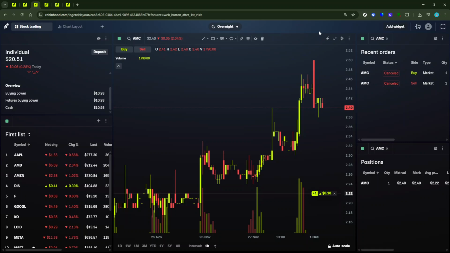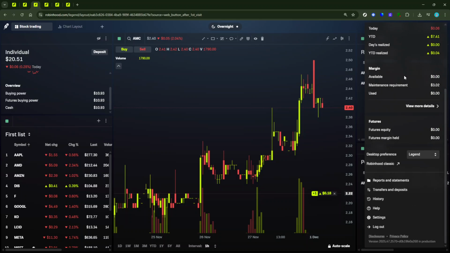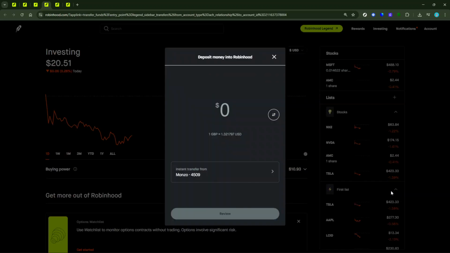To check your available cash, click on the account or profile section, then look for an area labeled Buying Power. This number reflects how much cash you currently have available in your account. If you find that your buying power is low or not enough to cover the ACATS fee, don't worry. Just go back to the account section, select transfers, and then choose Add Money. Follow the prompts to deposit additional funds. It's a good idea to add a little more than the exact fee amount, just in case, to avoid any